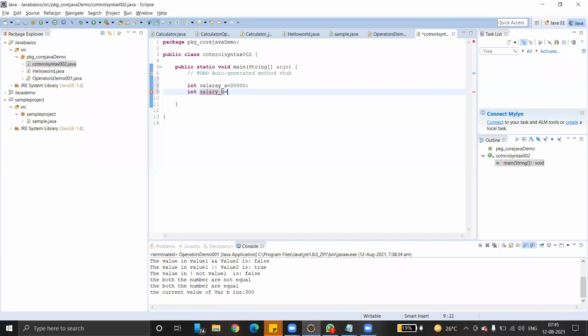Salary B equals, it might be anything actually, some value, we'll keep it as it is.